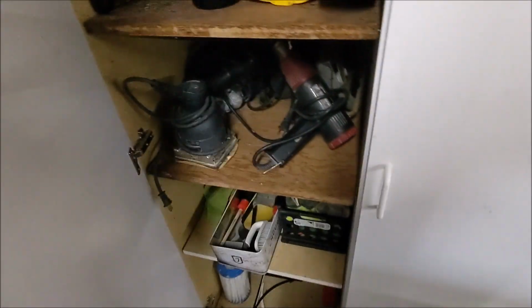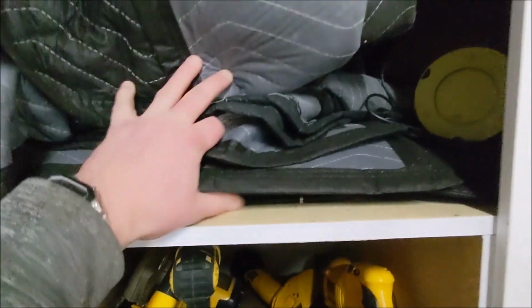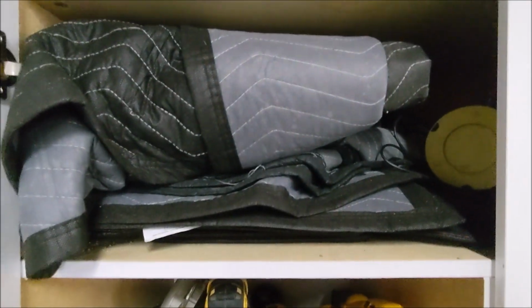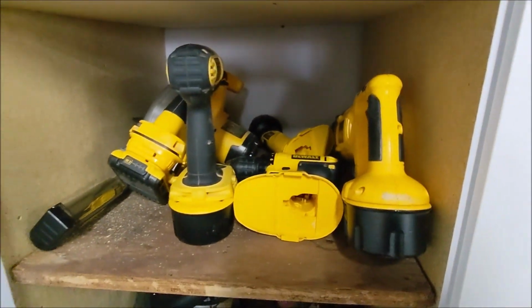Got my creeper up on my cabinet. We're getting to the good stuff, guys. Cabinet number 1. 3 moving blankets that I really just use as like fender covers when I'm working on the Nova. Some extra floor mats. Below that's the DeWalt